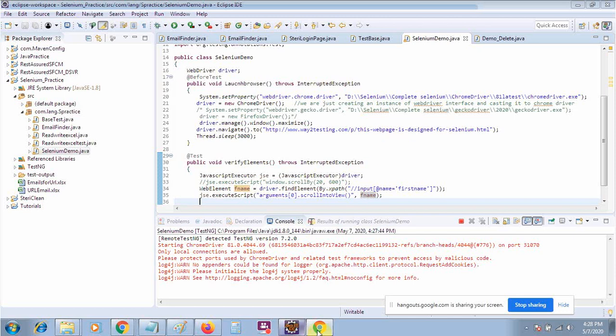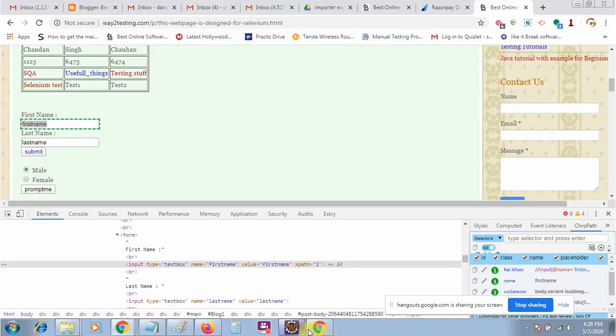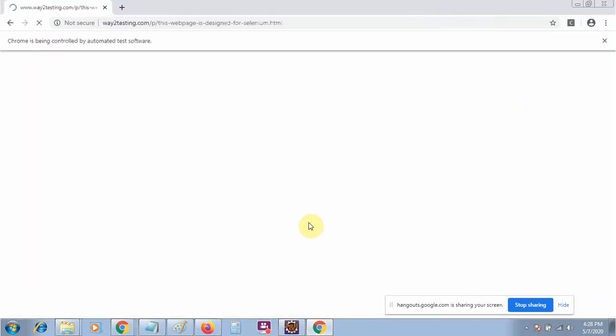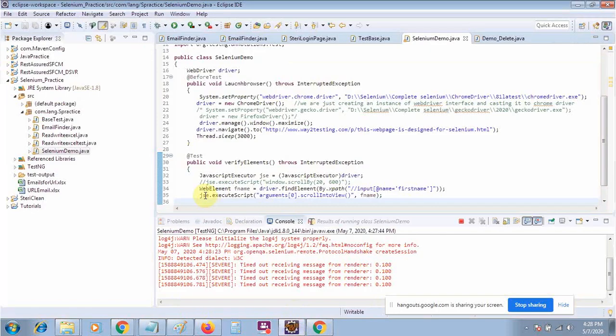So you can see that your Chrome browser has been opened. You will see that it will scroll up to that element.